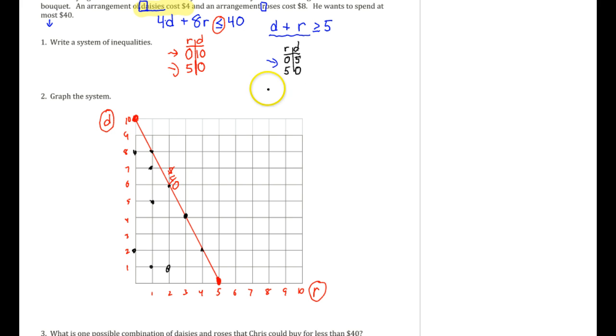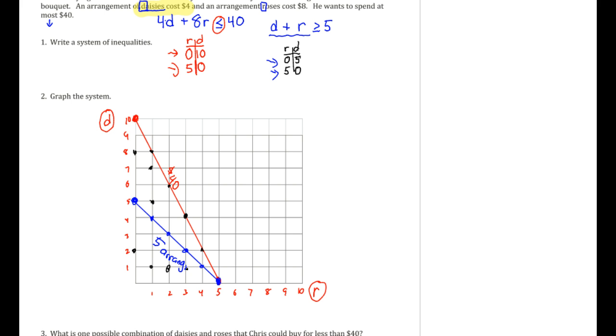So we have 0, 5, which is right here. So obviously if you get no roses and 5 daisies, that's going to be 5 or more. And if you do 5, 0, if you get all roses and no daisies, that's going to work as well. And follow that right here, and now you can see all the combinations that are exactly 5, and then everything above this will be 5 or more. So this is like the 5 arrangements